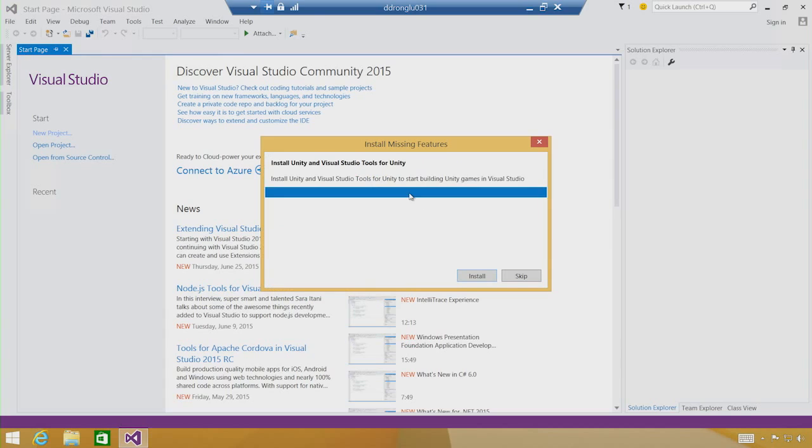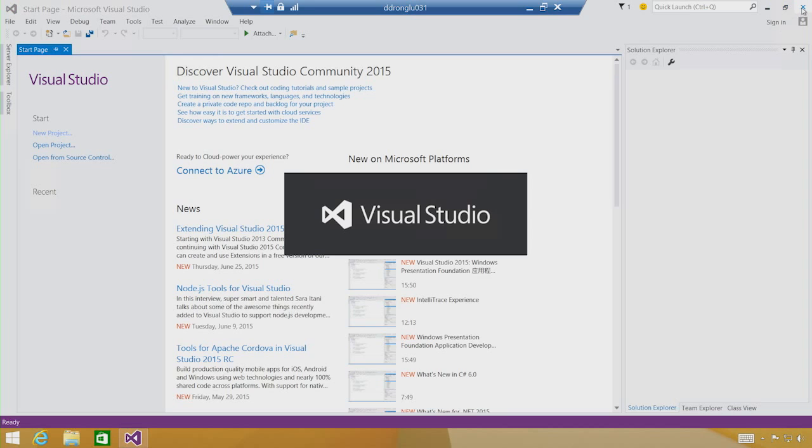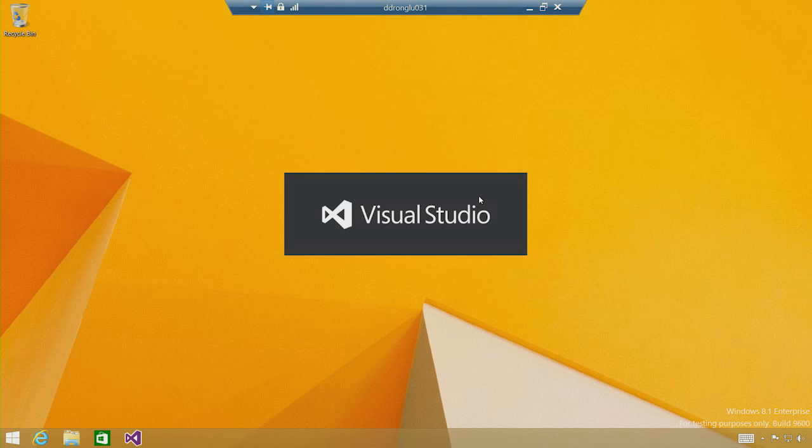this is reminding us what we're about to install. Basically, what we need to get is Unity itself and the Visual Studio tools for Unity extension. So we'll click Install. At this point, I'm going to close VS to reduce the chances of a restart being required at the end of the setup. So now what's coming up is Visual Studio Setup